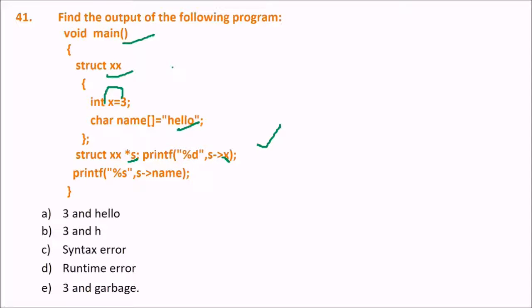Because this question will check your structure intellect. Can you answer please? If you are thinking of a compilation error in C, then you are correct. Why are you correct? Because you cannot initialize members in a structure declaration. This is not allowed. In a structure declaration you cannot initialize the values. So the problem is here. Otherwise everything is correct.